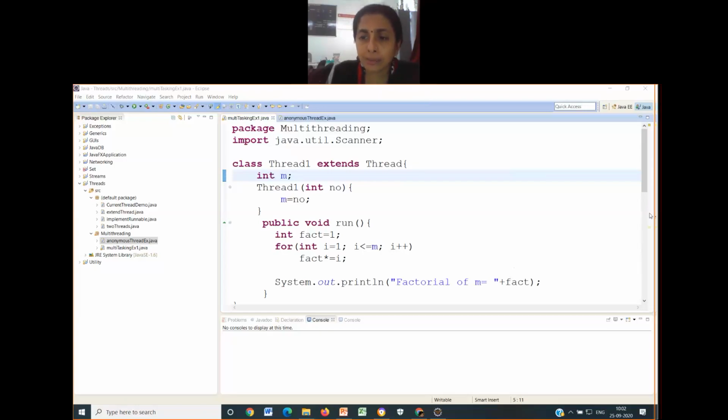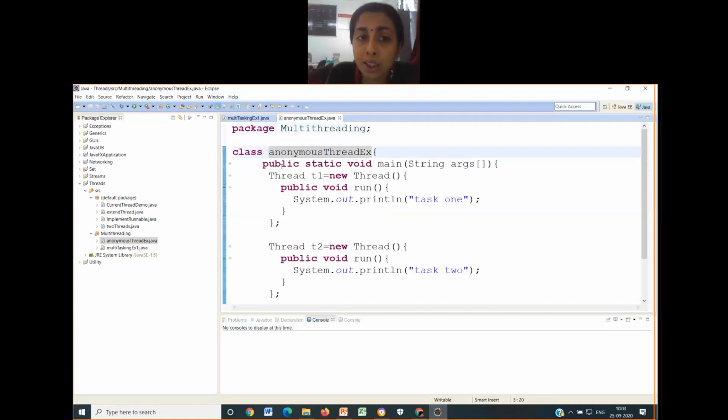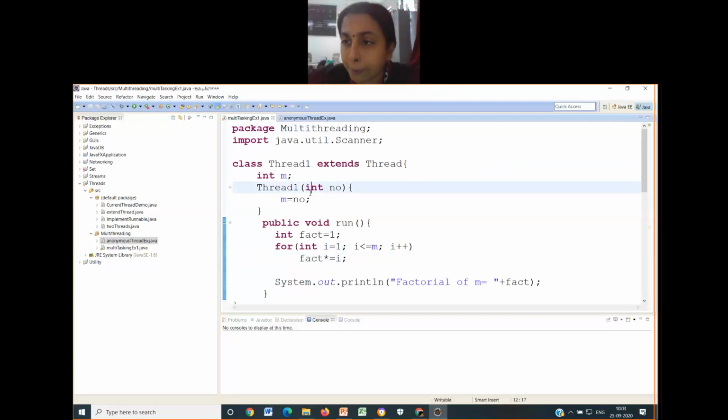Okay, accordingly, if you want to convert this into an anonymous class, what is it that you are doing? You are just copying that run part into this. Since all the classes as well as the main method are available as part of the same class, there is no requirement of a constructor to initialize m.